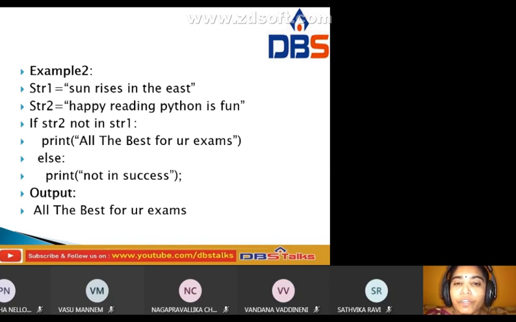If str2 not in str1: here string 2, 'happy reading Python is fun', is not in str1. This condition is true. That's why we get the output 'all the best for your exams'. You have to print this when the condition is true.